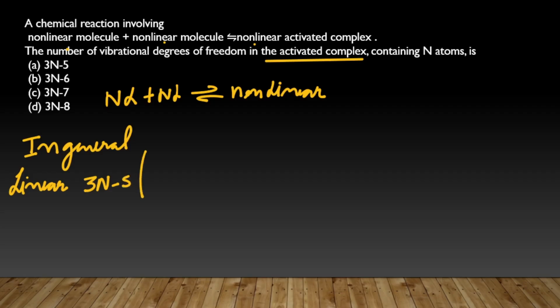Reason being, you have 3 translational and 2 rotational degrees of freedom. So these 5 in total are subtracted from the total, which is 3n total degrees of freedom. So 3n minus 5 gives you the vibrational degrees of freedom, right? Whereas